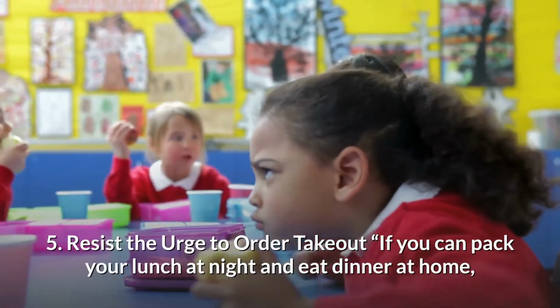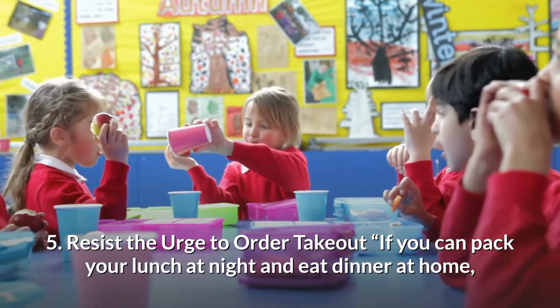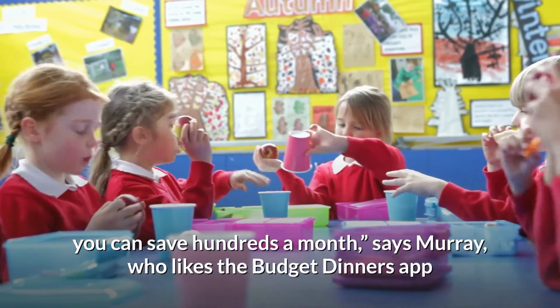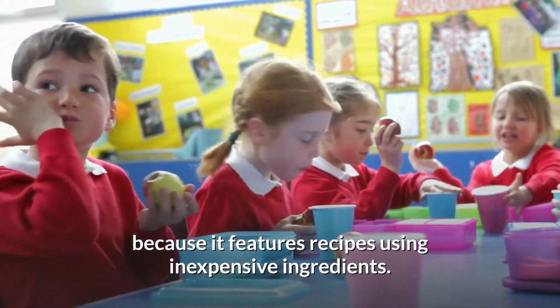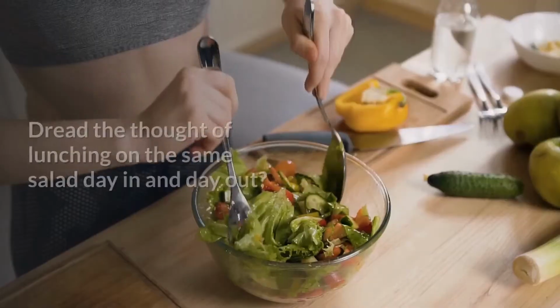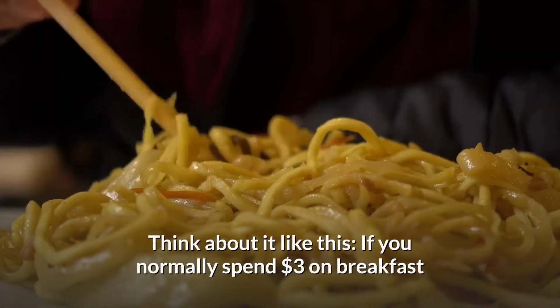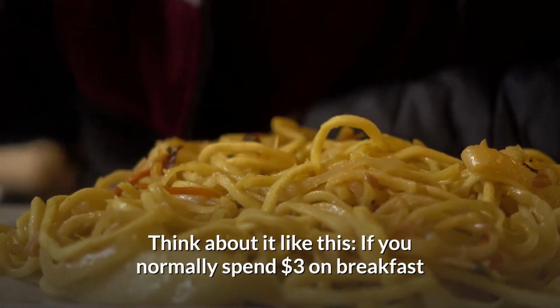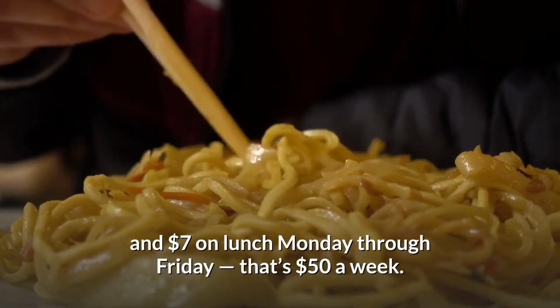5. Resist the urge to order takeout. If you can pack your lunch at night and eat dinner at home, you can save hundreds a month, says Murray, who likes the Budget Dinners app because it features recipes using inexpensive ingredients. Dread the thought of lunching on the same salad day in and day out? Think about it like this: if you normally spend $3 on breakfast and $7 on lunch Monday through Friday, that's